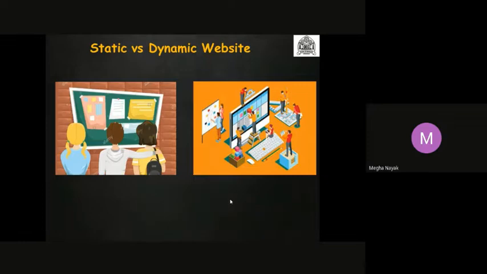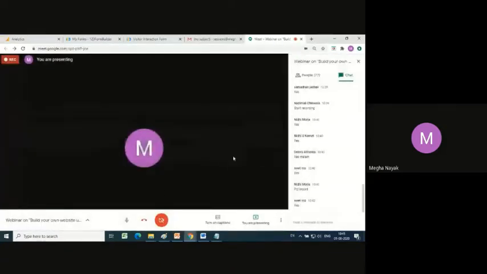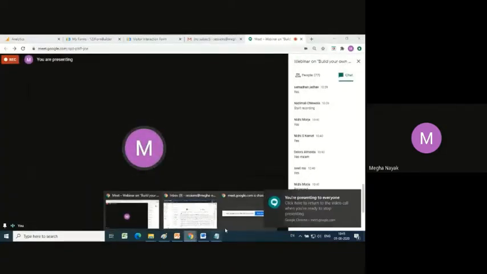But we have a dynamic website wherein the user who's building a dynamic website gives it a dynamic touch, wherein anyone who is accessing your website will post a query and the website will give a response. But today, the majority portion of the website that we will be building will be a static component, but I will just tell you how to put a form option to it using 123 form builder and give it a slight dynamic touch. Is that okay with everyone? Okay. So now going ahead,